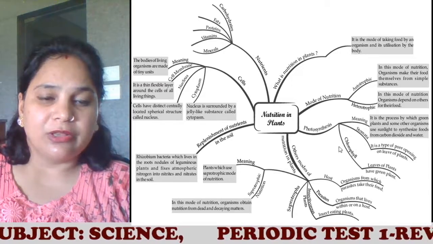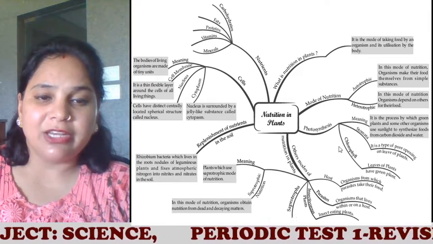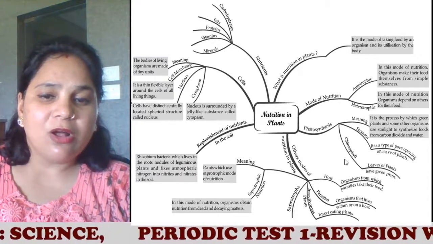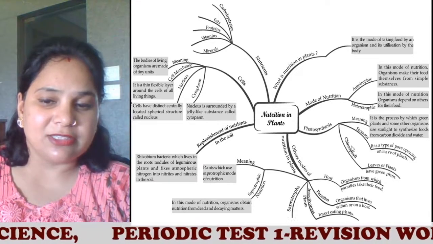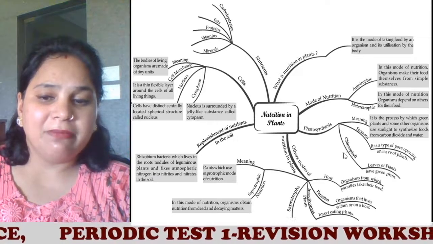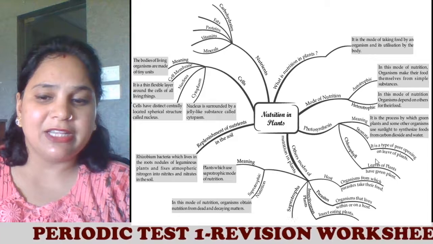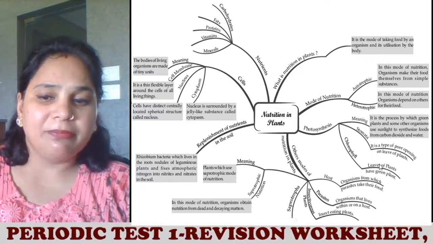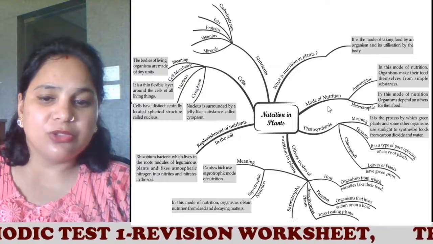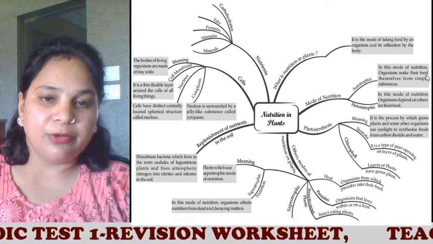Now there are certain plants which are non-green, so they have other pigments like chromoplast and leucoplast. All this you will study in your higher classes. So the plants have green pigment chlorophyll, which is present in the leaves of the plants, which makes the food. So plants show the autotrophic mode of nutrition.